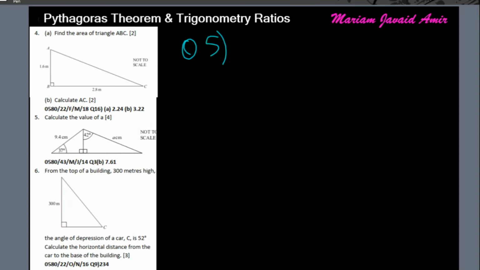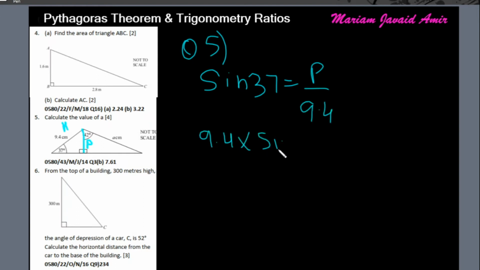Find the value of length a. So we need a. Before that we will find this length in blue. So this is the perpendicular because it's opposite to the given angle, and 9.4 is the hypotenuse because it's opposite to the right angle. So I'll be using sine because sine uses hypotenuse and perpendicular. Sine 37 is equal to perpendicular over 9.4. So 9.4 times sine 37